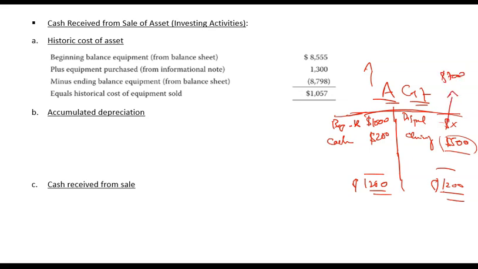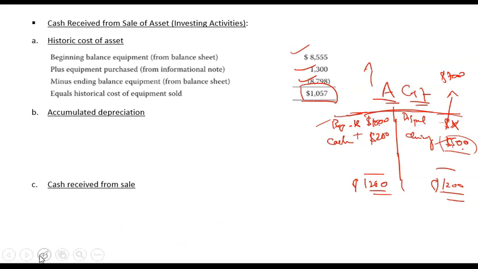So simply speaking, the cost of the asset will be the adjusting figure in the asset account. So asset का जो cost account होगा उसके अंदर जो भी adjustment figure होगी, after accounting for the beginning balance, ending balance and addition of asset, that adjusting figure would be the figure for disposing of the asset. So your beginning balance plus equipment purchase, minus ending balance, should give you your cost for the asset disposed. So 1000 plus 200 minus 500 should give you X, that is 700. So this is how you calculate the cost.